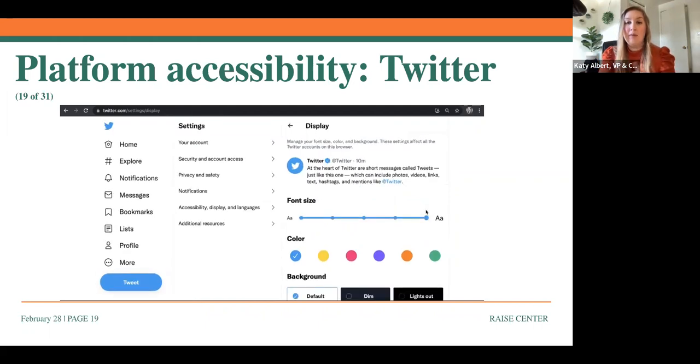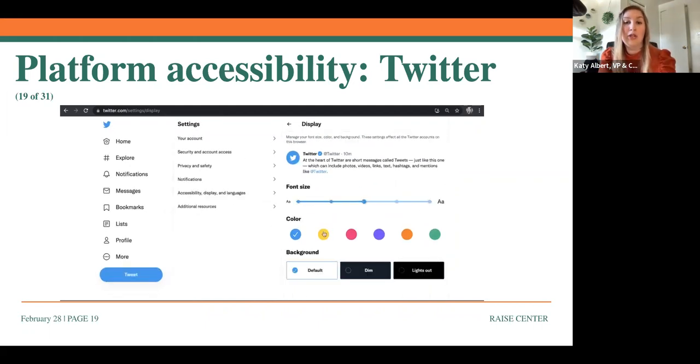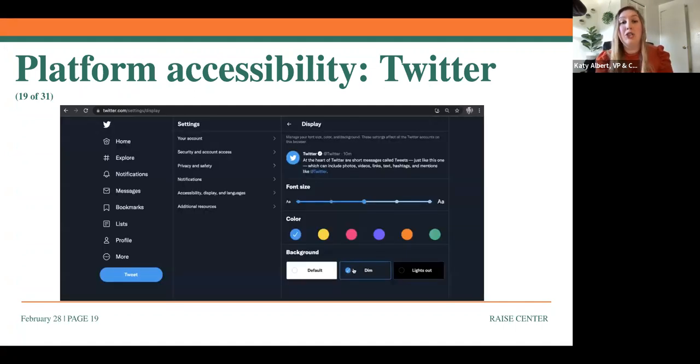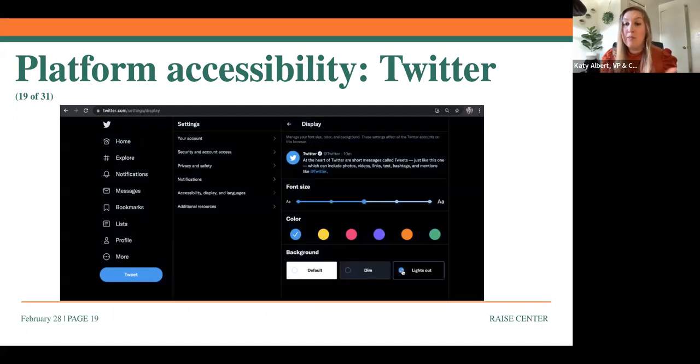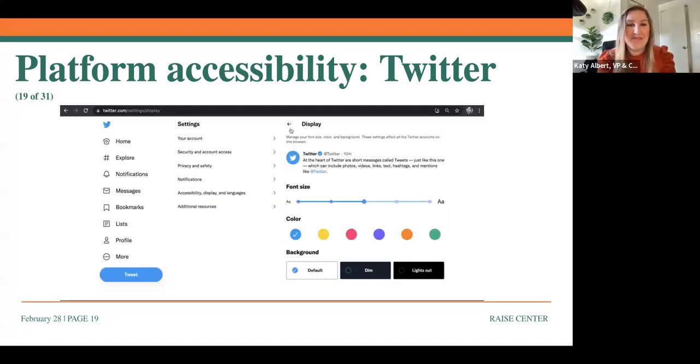Here in display, you have full control over your font size, also your accent color for your buttons and for your links. And also the background. Do you want to go to a darker blue dim or a lights out mode? I prefer lights out.